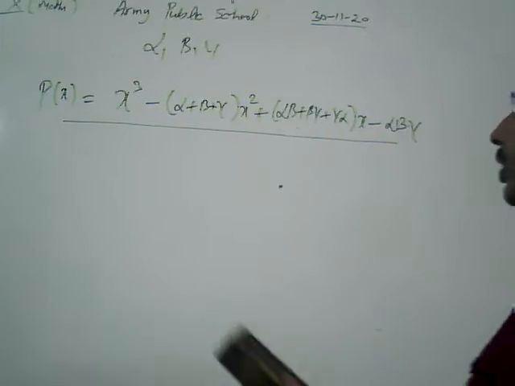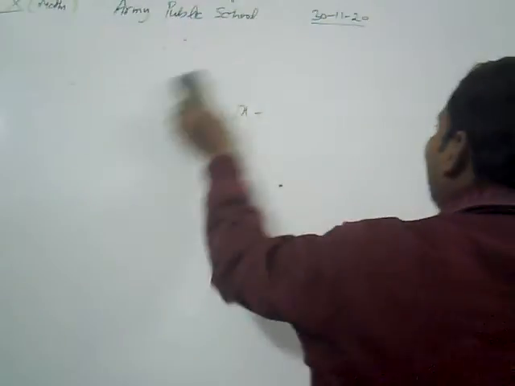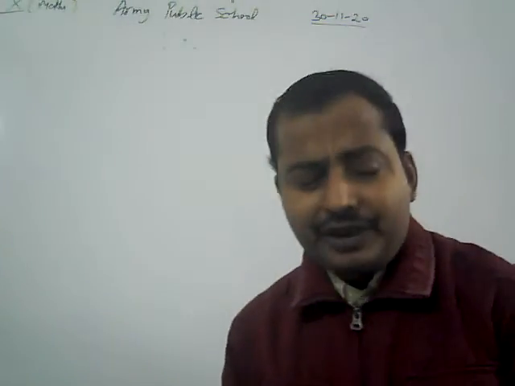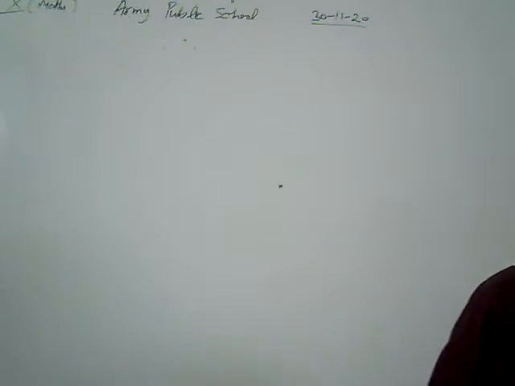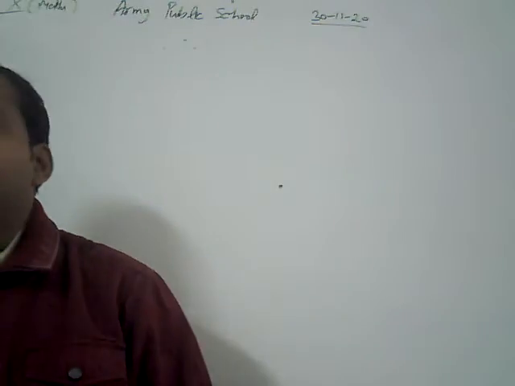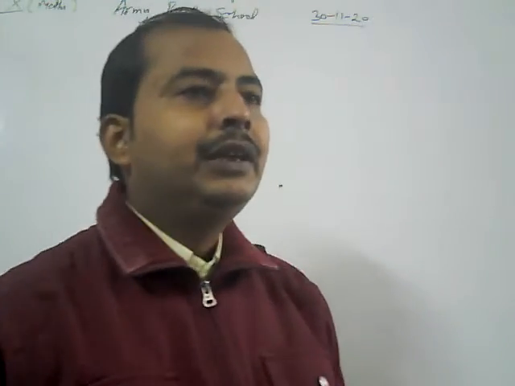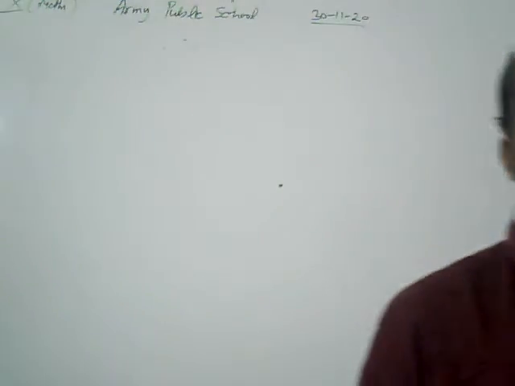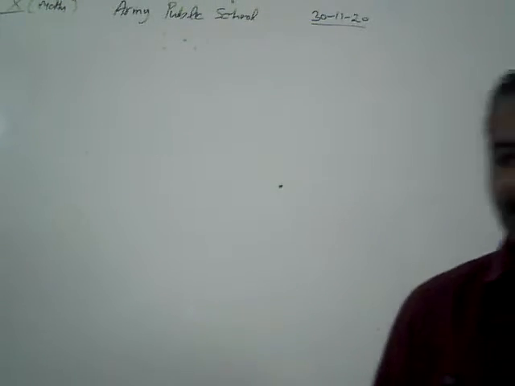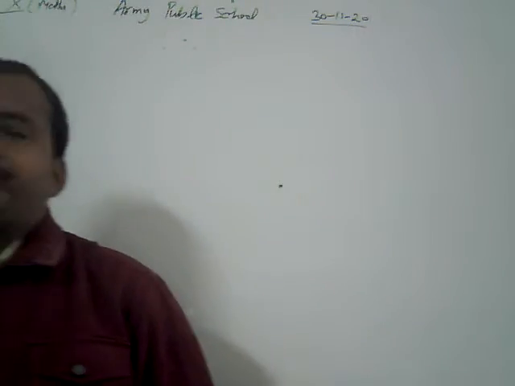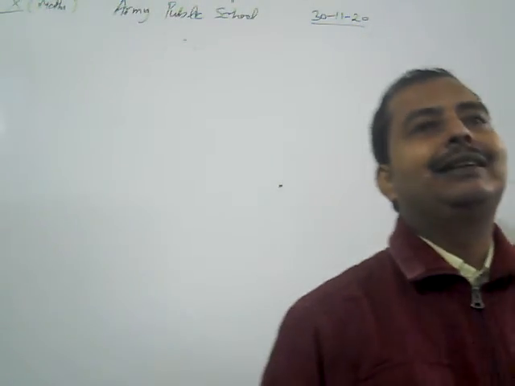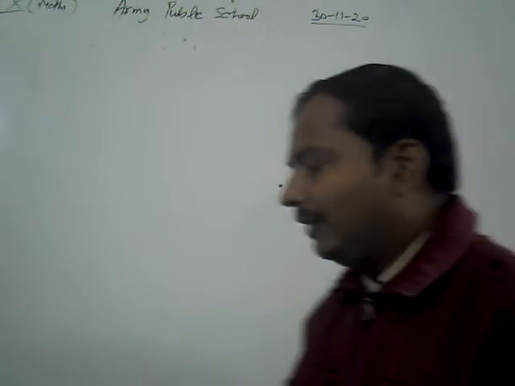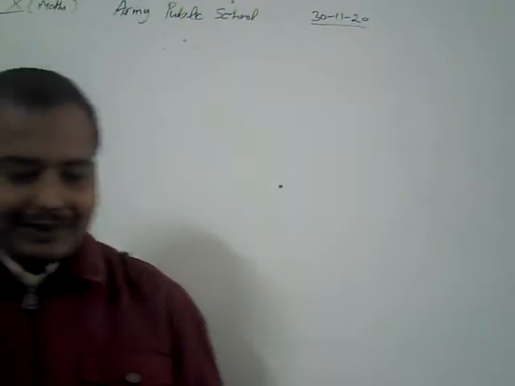Okay, so this was our discussion on zeros and coefficients of zeros. While forming some questions, you have to remember some basic identities in this chapter. For example, if you have to find the value of alpha square plus beta square, we can get it using alpha plus beta whole square minus 2 alpha beta. And if we want to find alpha cube plus beta cube, we can say it is (alpha plus beta) whole cube minus 3 alpha beta times (alpha plus beta). So you have to keep some identities in mind.